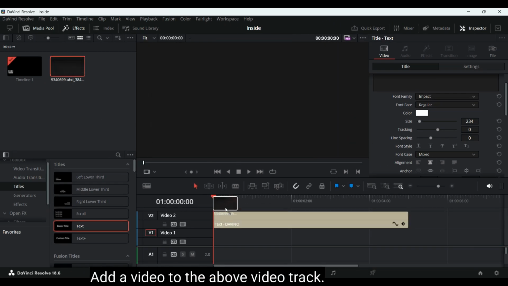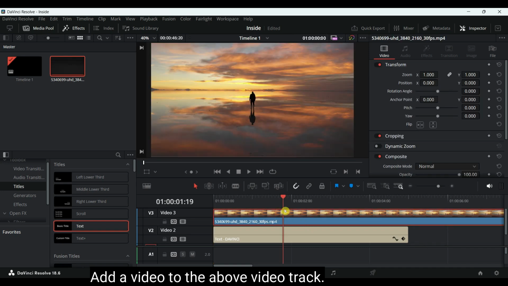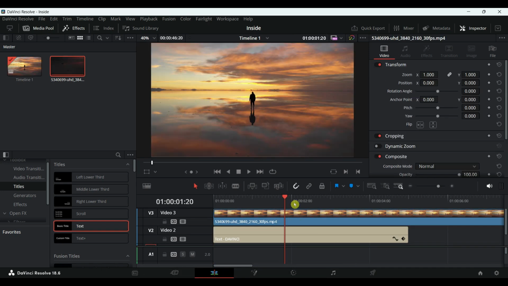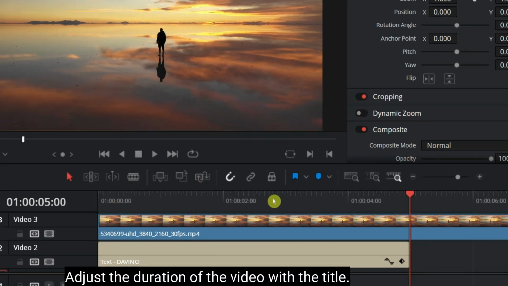Add a video to the above video track. Adjust the duration of the video with the title.